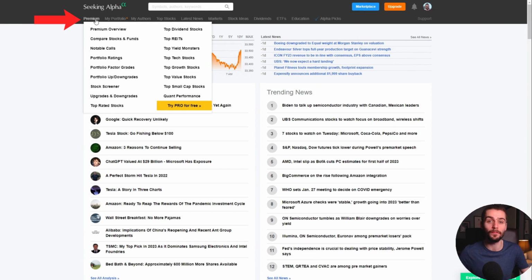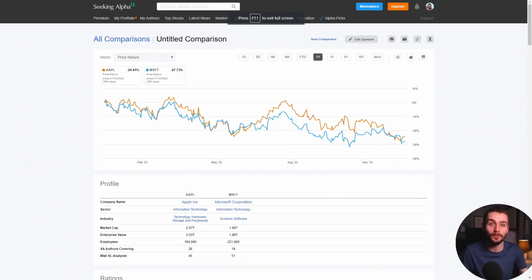If you hover over premium, you'll see many of the premium features that are available. One very handy tool is the stocks and funds comparison. This tool allows you to compare many different stocks against one another. For example, here I'm comparing Apple stock to Microsoft stock. The tool shows me the differences in return between the two stocks, the different company profiles, how the stocks are